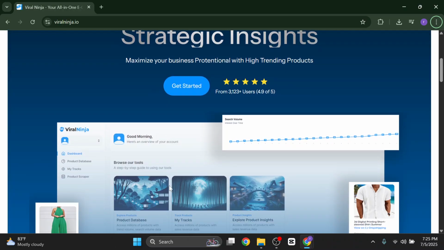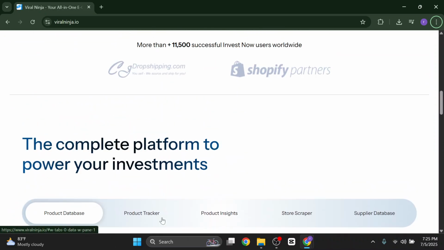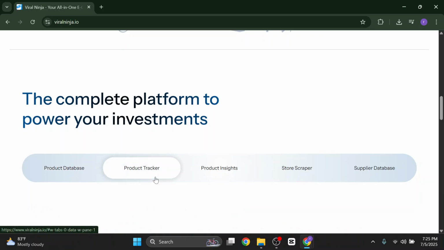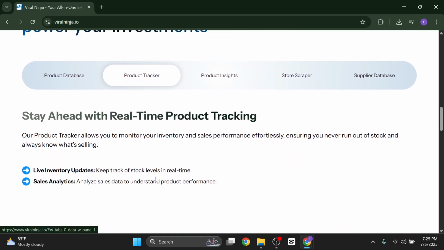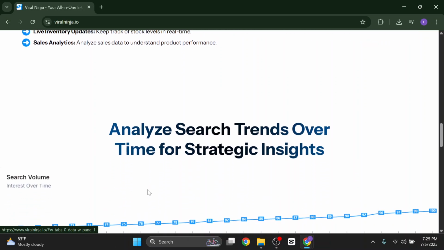After that, you have to use the product database to search for top selling products by category or keywords. Then you have to apply filters for trend duration, price range, supplier rating, and other volume. And then you have to track product trending: click a product to add it to the track list, like the product tracker. And then you have to monitor sales performance, real-time inventory, and price trends in the product tracker